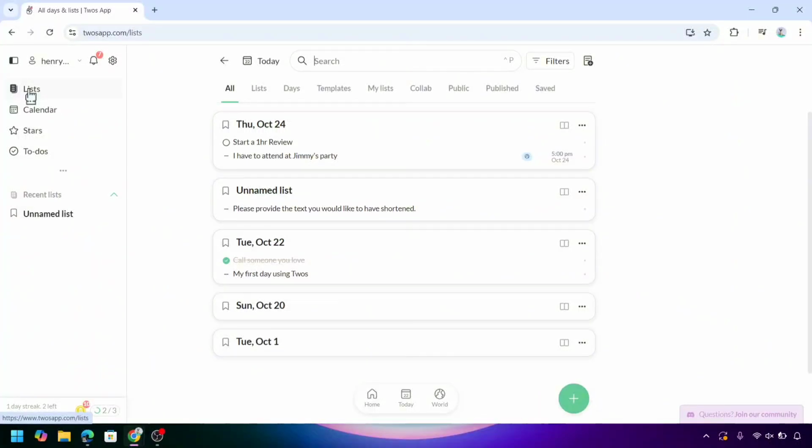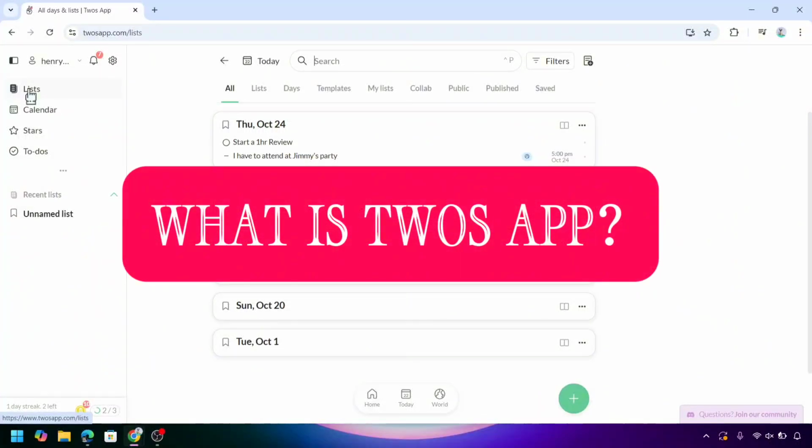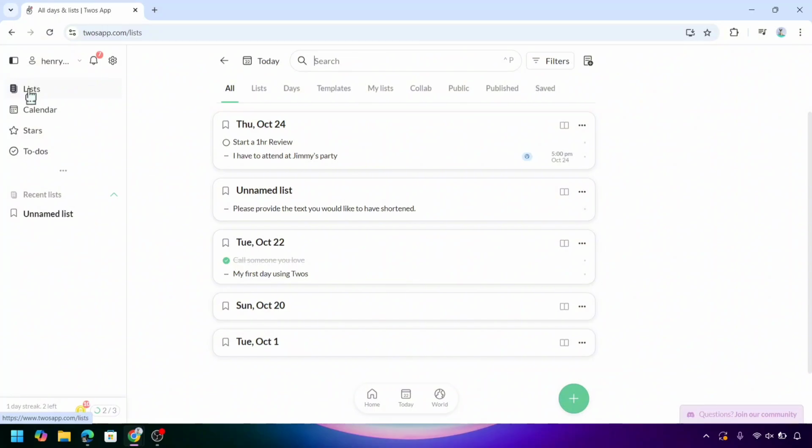In this video, we will be featuring the Tools application. Tools app is a versatile productivity tool designed to help users organize their thoughts, tasks, and ideas efficiently. It combines note-taking, to-do lists, reminders, and calendar features in one place. As for this beginner's guide, we're going to be exploring how you can use the Tools application efficiently as a